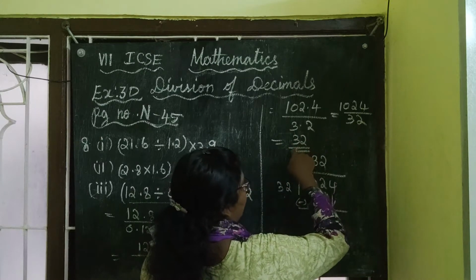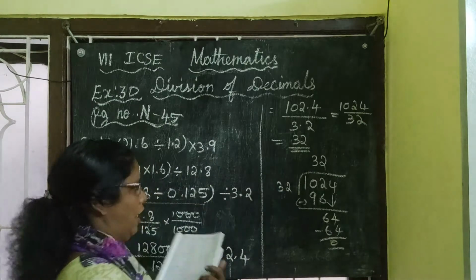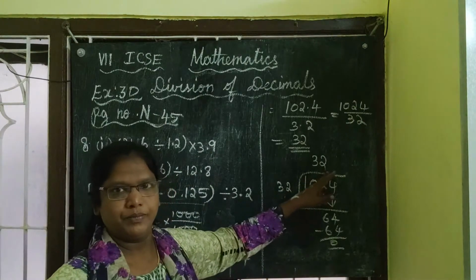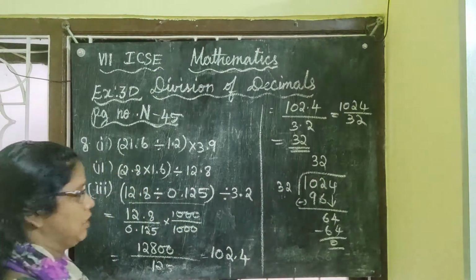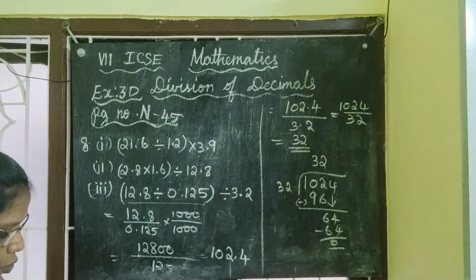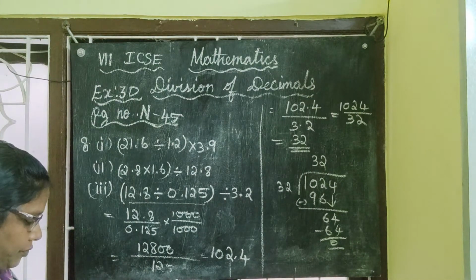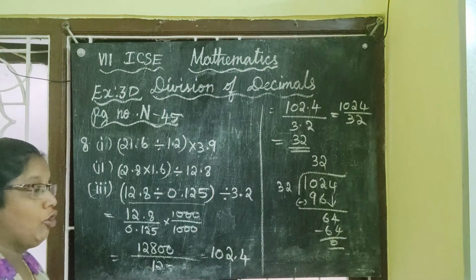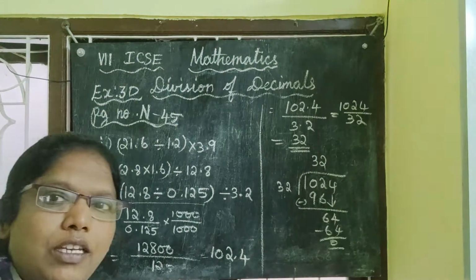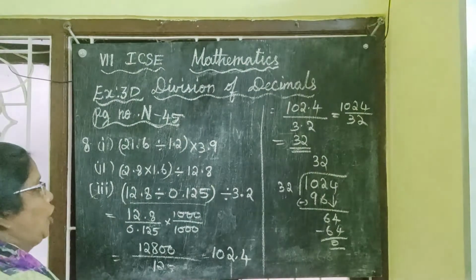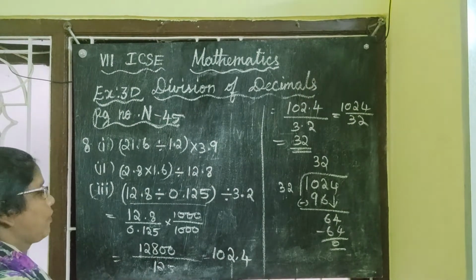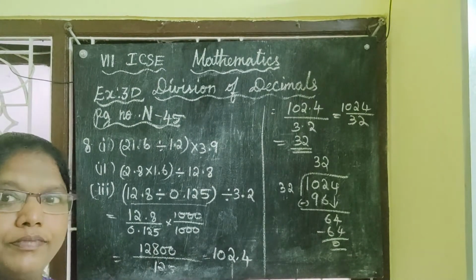Don't think that there is a denominator and the answer is the same, not like that. After dividing, we are getting the number. So your final answer is 32. Now listen, one more thing is there in this. I will explain this very carefully. Okay children, I hope you all understood this. Okay, we will go to the next one.